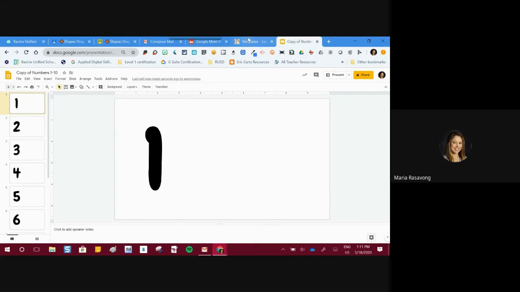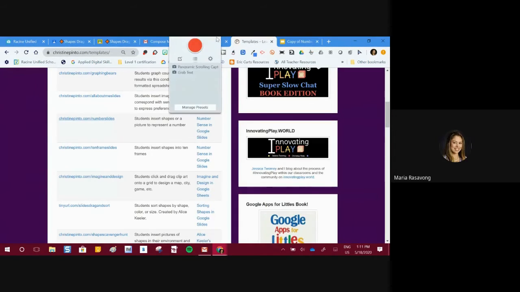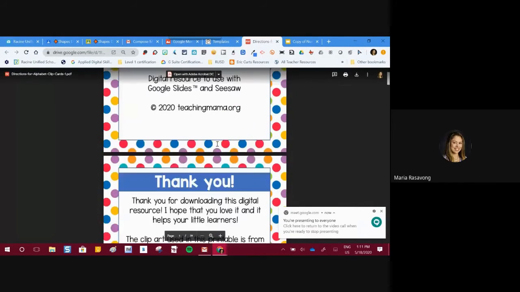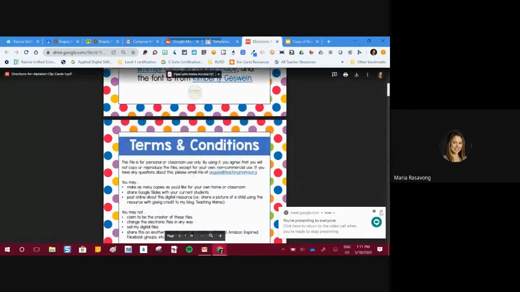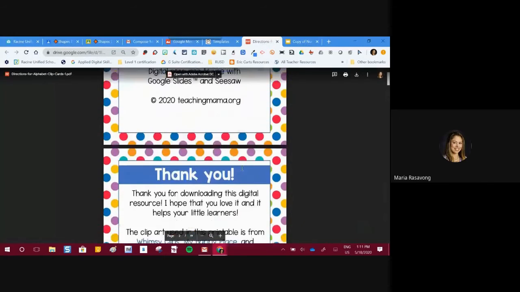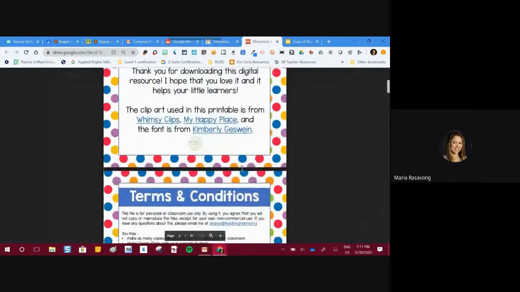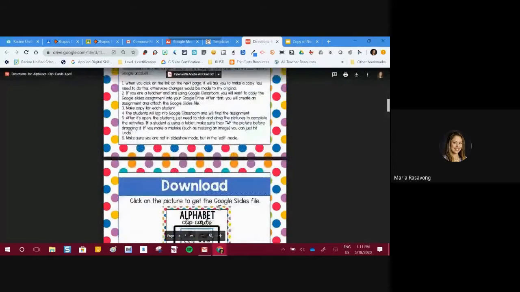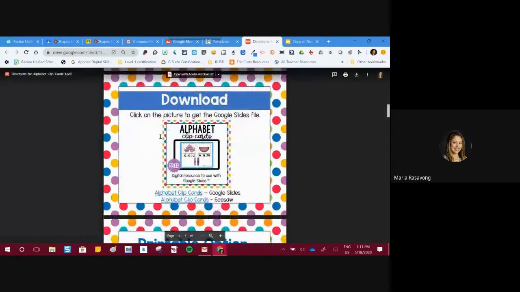Something else that you may be able to see is that you may have an activity that is coming from Teachers Pay Teachers, like this awesome activity right here that I got from Teachers Pay Teachers. However, when you come here, you say, oh, this is a PDF. How can I make it interactive with my kids? Make sure that you read all the directions and all the instructions, because right here it's telling you how you